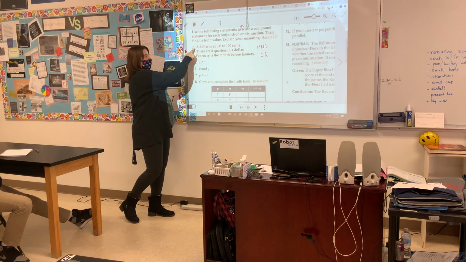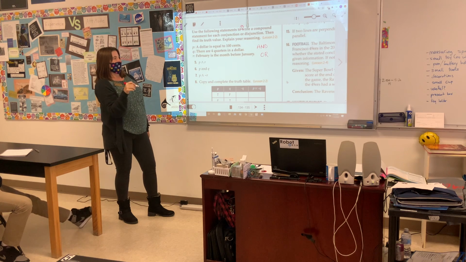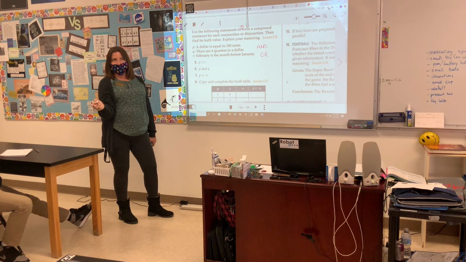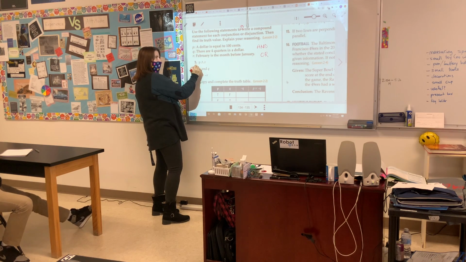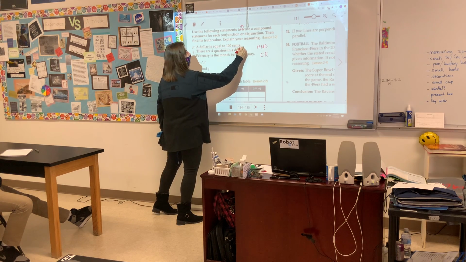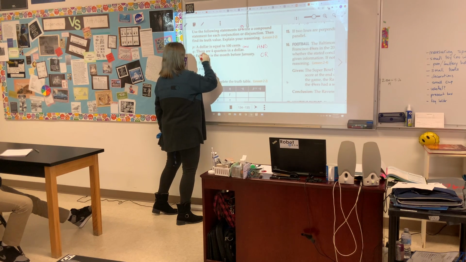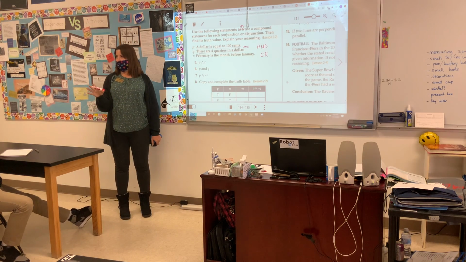You know, like if I were joining P and Q, they would try to write $1 is equal to 100 cents and there are 4 quarters. I can't rewrite that in such a way. I need to keep these, that if it was P and Q, that it would simply be this part and this part. Don't rewrite it. Does that make sense?